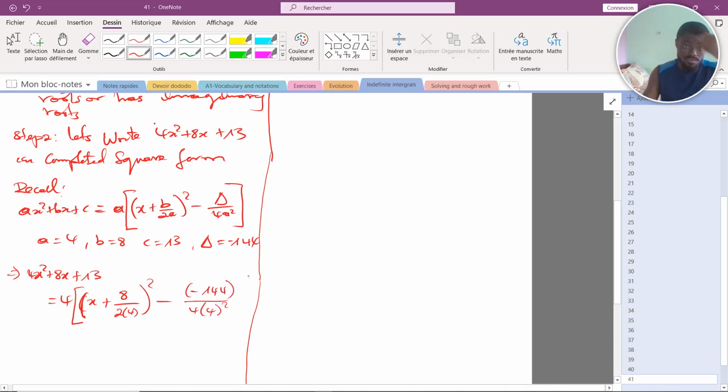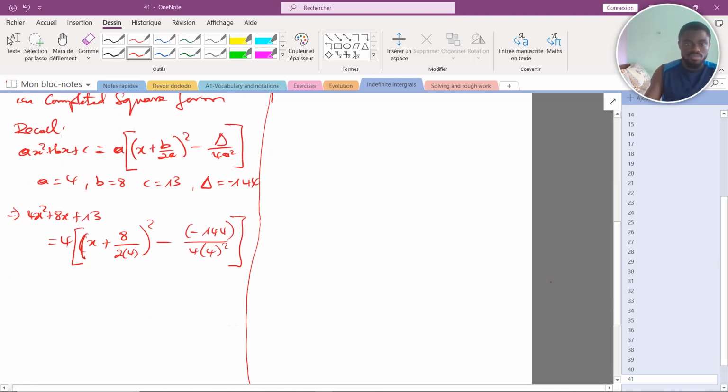So this will be equal to 4 into (x plus 8 divided by 8, so x plus 1) squared, minus, with this minus this becomes plus,